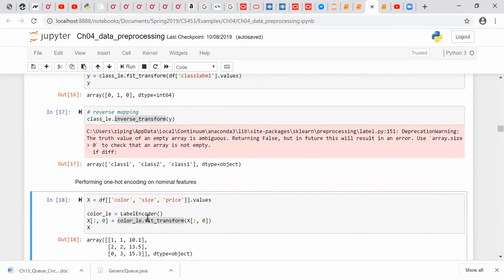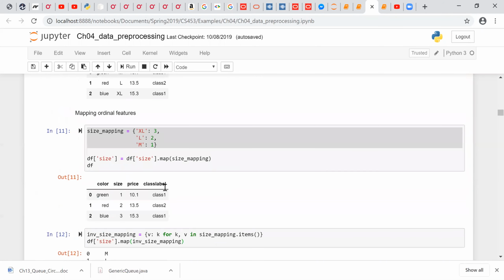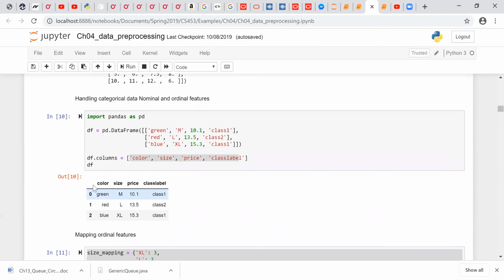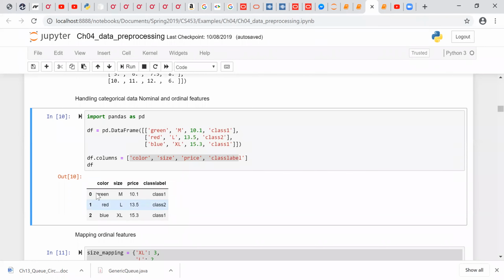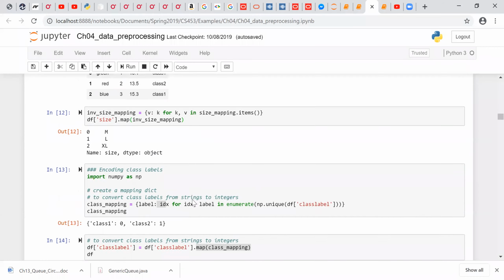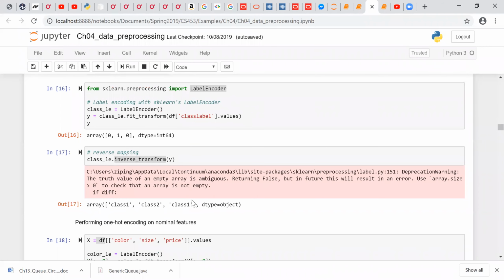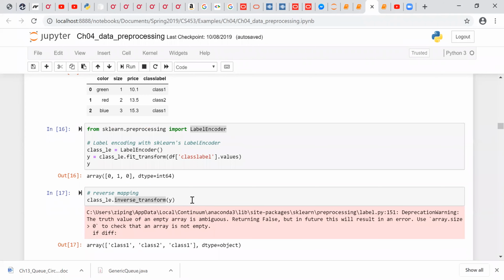Previously our DF, the data frame, shows like this, the original. This is the original data frame. Color and size and class label, they are not numeric. And what we did here